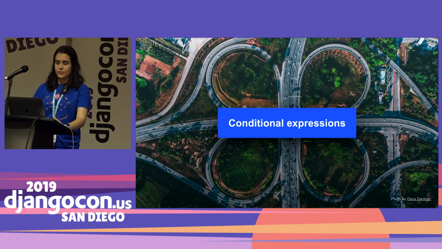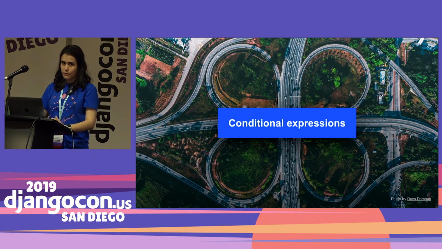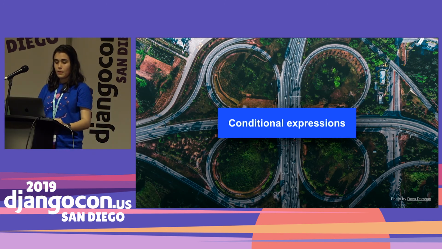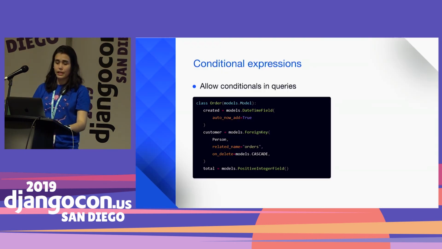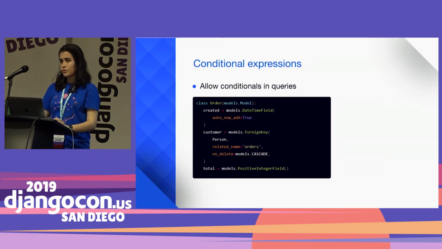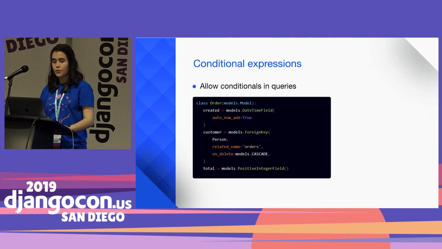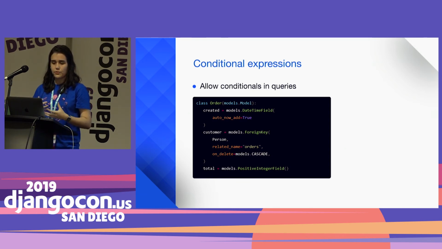We've seen that we can do some conditional queries with nullIf, for example, in our last example. But if we want to do some complex queries in just one turn, we can use conditional expressions. They allow you to use conditional logic in queries. That means filters, updates, annotations, and such things. Without them, you would have to use Python, and the code would be bigger.